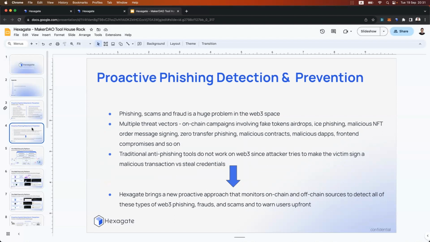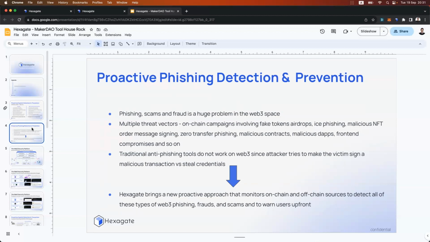Now, phishing is obviously probably a 30-year-old problem in the security space, but on Web3, phishing took a new form, because users are not lured into giving up their credentials, like passwords and usernames, but rather into signing malicious transactions.